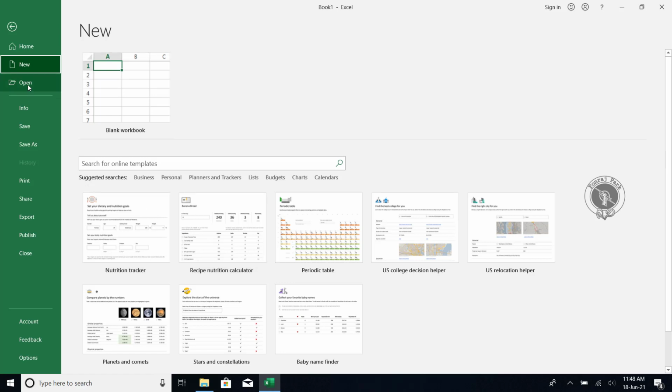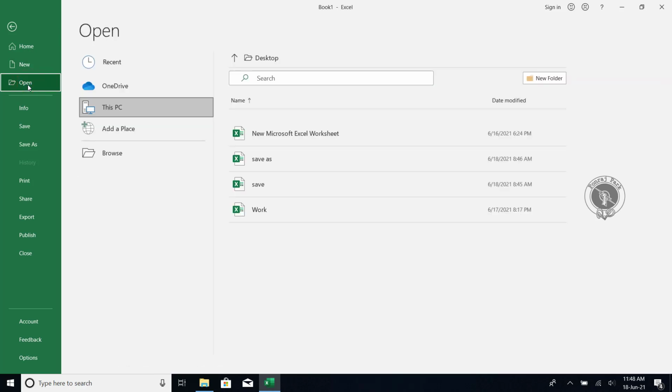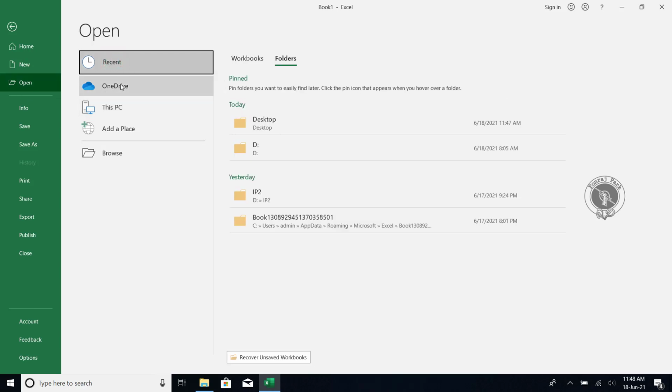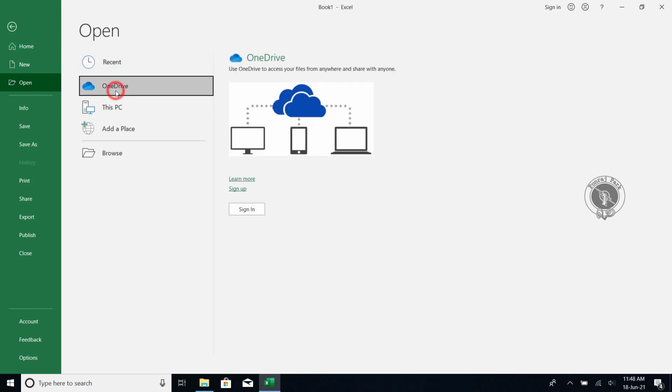We will move on to the next section, the Open section. Open means that you have already saved a file in your computer. If you have already saved any file in your computer, you can open it from here, from any location. Recent means any recent location that you have used, or maybe OneDrive. OneDrive is a cloud based application.